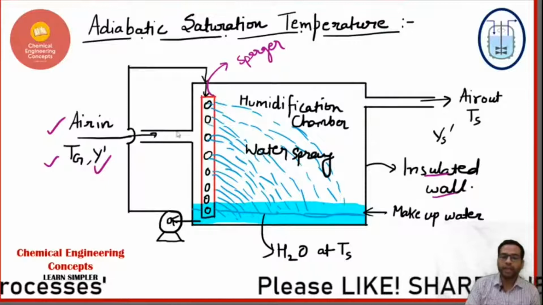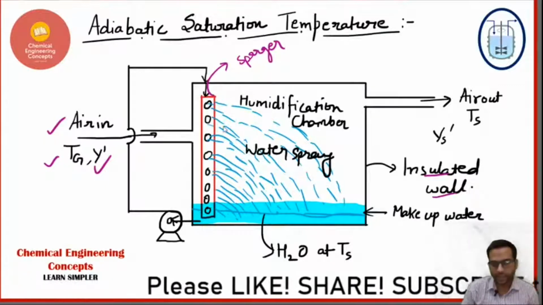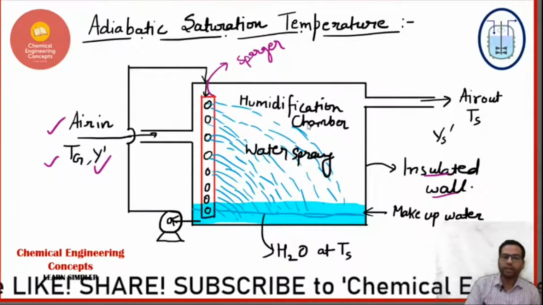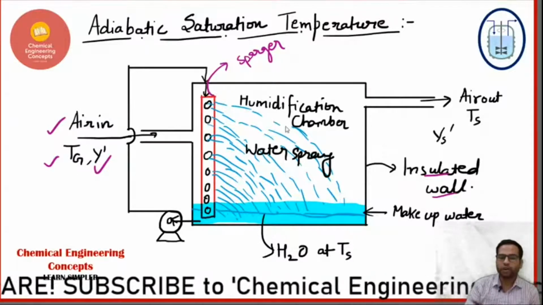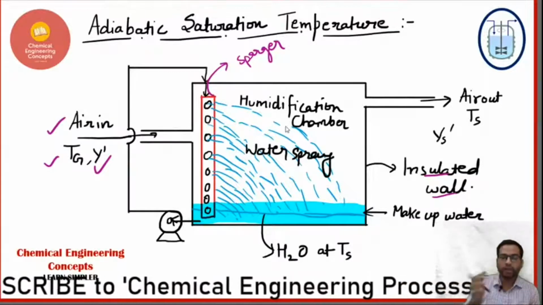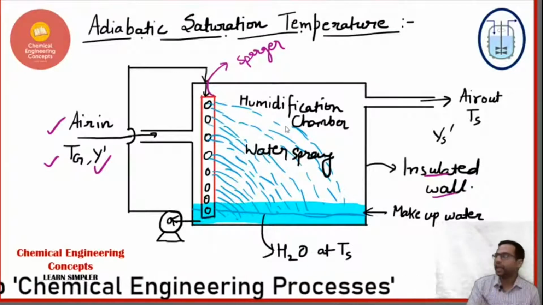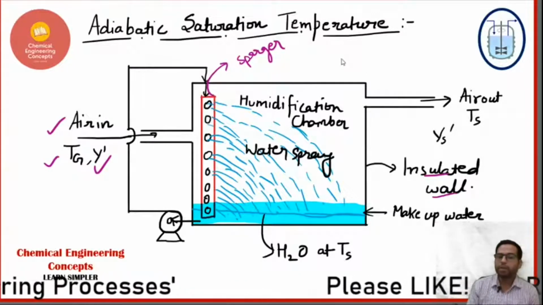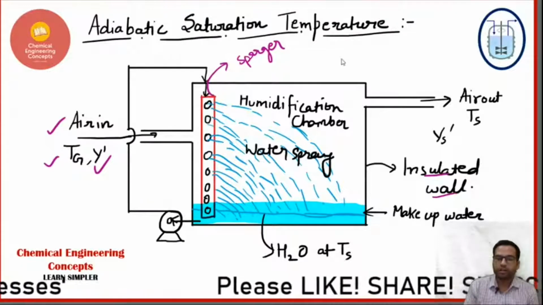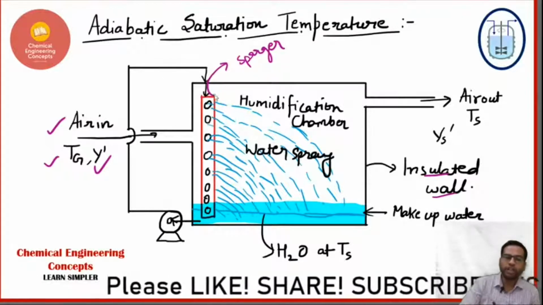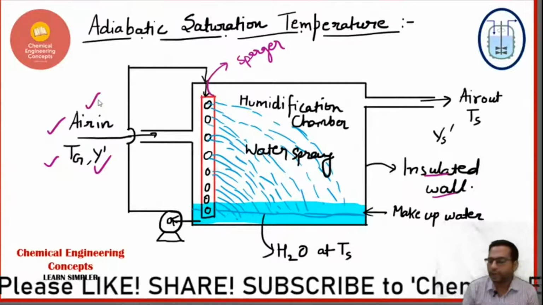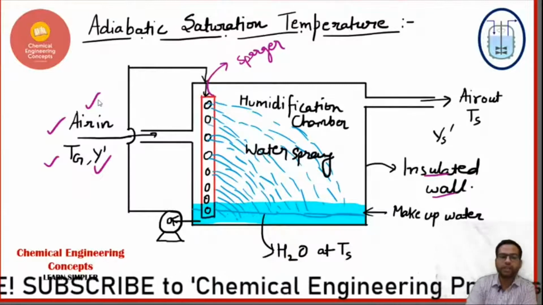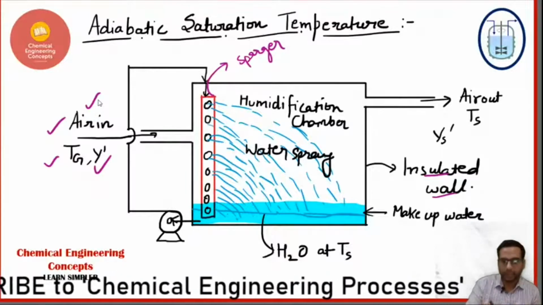अब जब ये एयर इसके अंदर आएगी, when this air enters this, there is a contact of air and water spray, okay? Or you can see that there will be two types of things that I already mentioned yesterday, right? So there will be heat transfer and there will be mass transfer, and both these things will depend on the moisture content, ठीक है? दोनों ही चीजें किस पे डिपेंड करेंगी? Both will depend on the moisture content of this air which is being inlet, right? Which is there in the inlet.